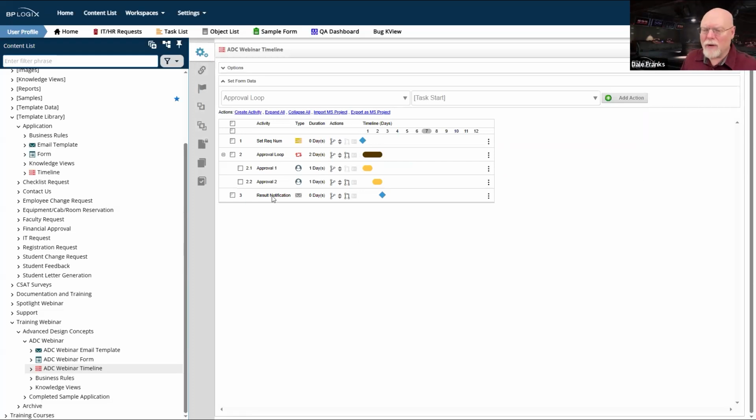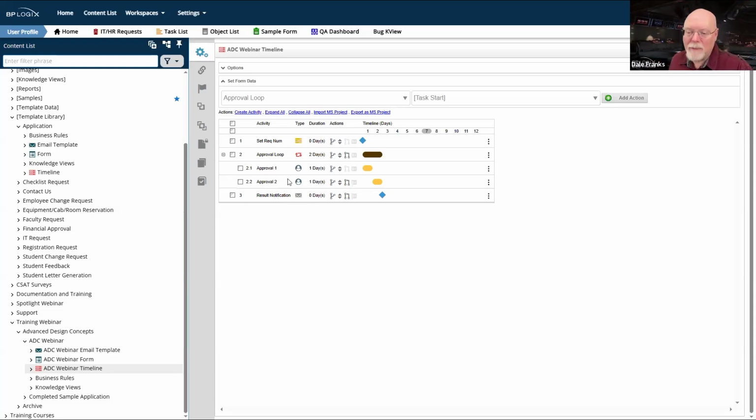Last thing, the result notification here. It's always a good idea, again, not mandatory, but always a good idea, to send your submitter a result notification when the process is complete. This serves as their notification that, hey, you can do the thing that you wanted to do, or we are done with the thing that we said we were going to do for your approval, whatever it may be. Just as a courtesy, it's nice for them to get a note that gives them the final disposition. They can save it, they can delete it, whatever, but it's always nice to give them that option at the end of the process.